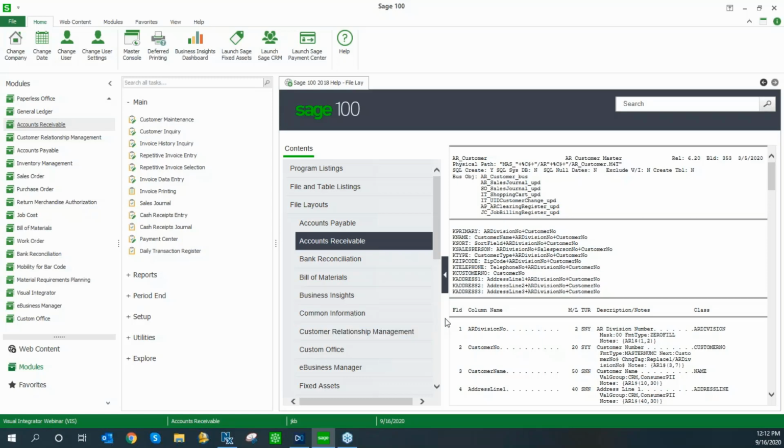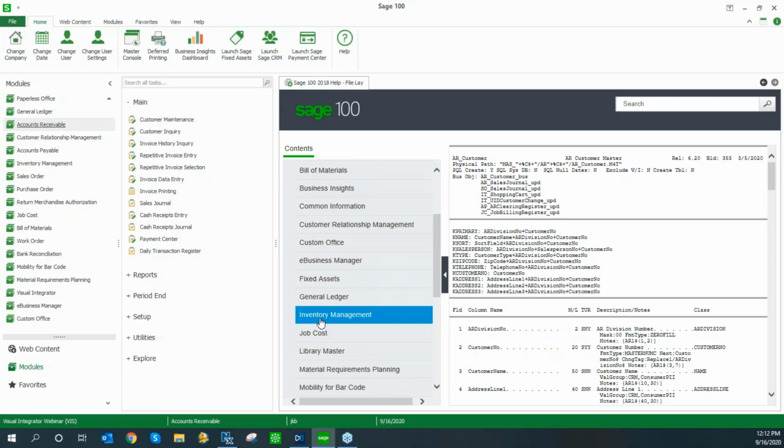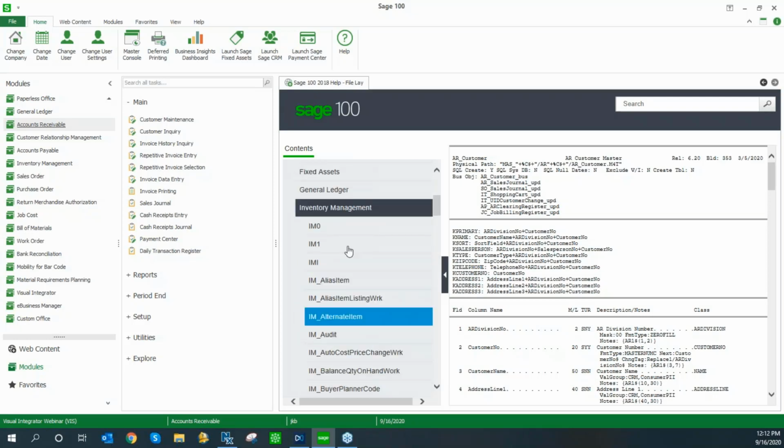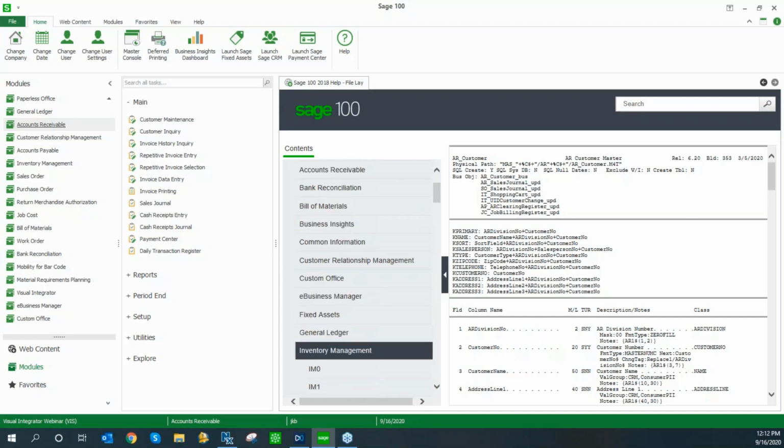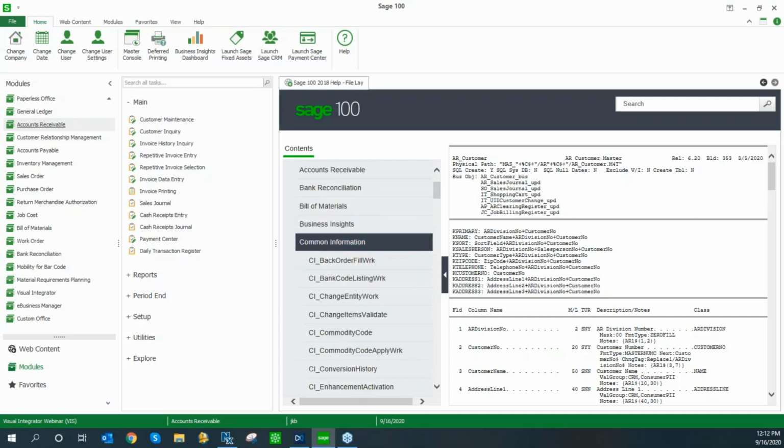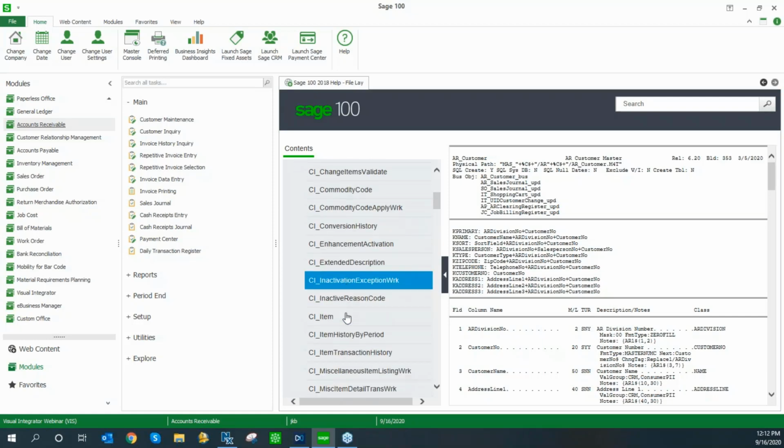Another common field might be your item table, right? And this is kind of a tricky one. So this is one that I wanted to point out. You would think that your item table would be under the inventory management module. However, in Sage, because the item table is shared between miscellaneous items and inventory items, we actually find it under common information item. So CI item is going to be your inventory table, and just keep that in mind as